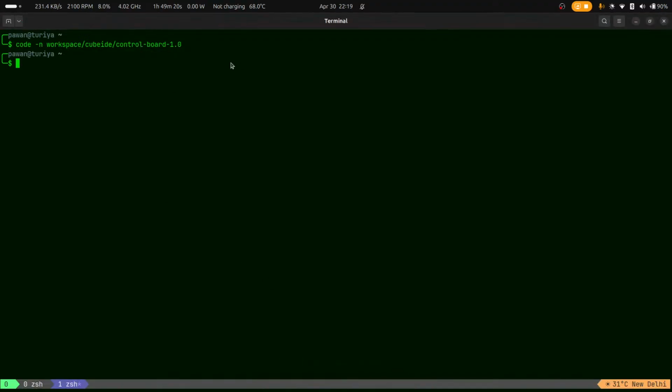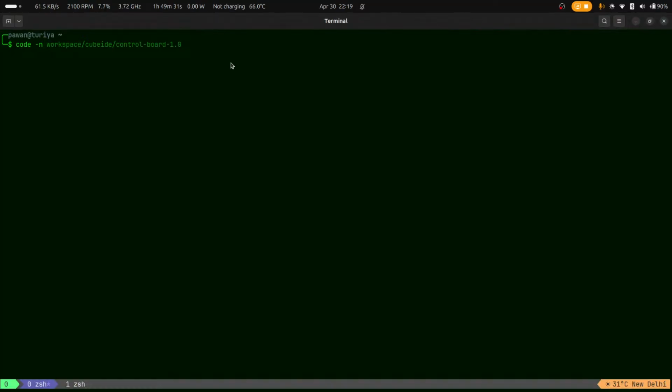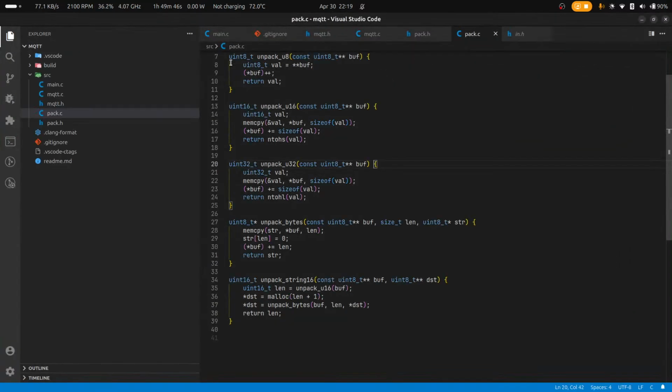So the next thing is we are going to continue our MQTT implementation part 6. PSCE goes into C MQTT. Okay, so the last time which we left was